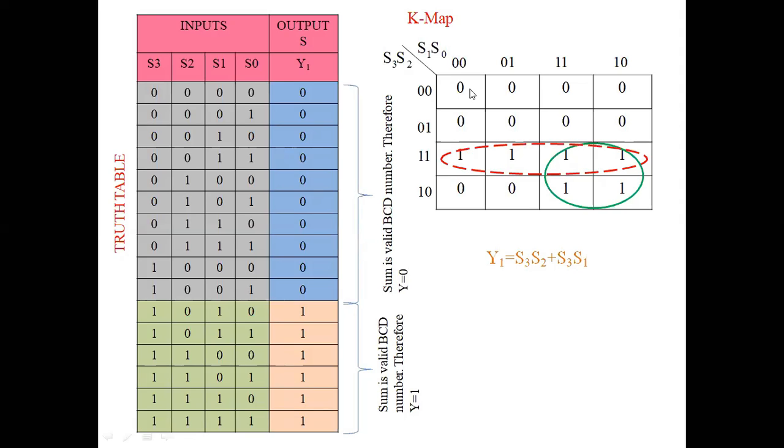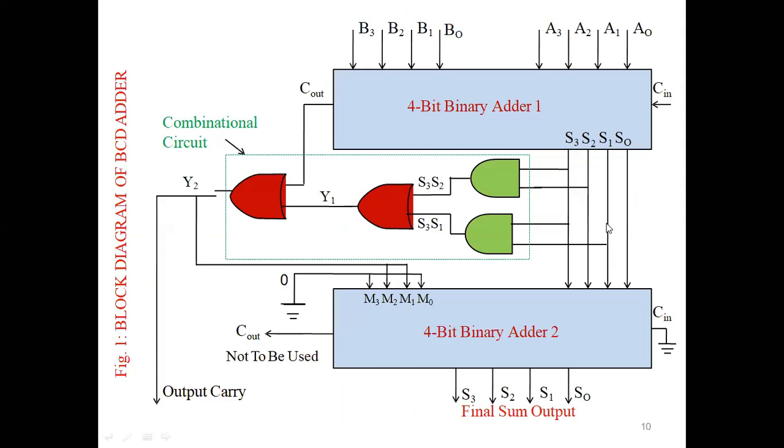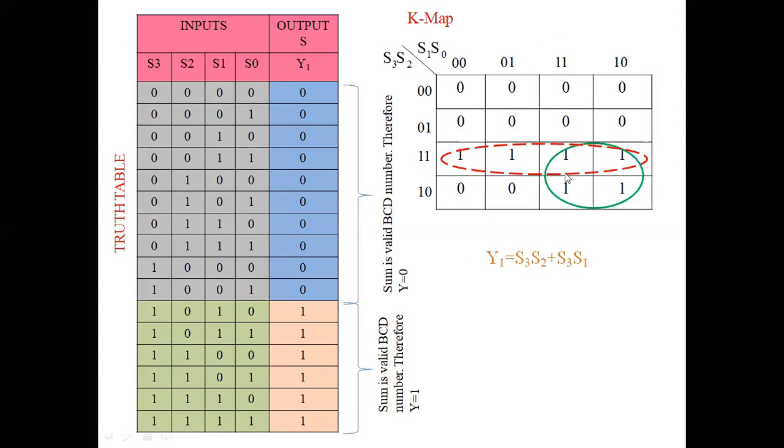So truth table. So here what are the values? S3, S2, S1, S0 are inputs. ఎక్కడెక్కడ వన్స్ ఉన్నాయో అవిటి మాత్రమే కన్సిడర్ చేయండి, that is from 9 to 15. 9 to 15 వాల్యూస్ మీరు ఏం చేయాలి? వన్స్ గా ట్రీట్ చేయాలి. వాటిని మీరు మ్యాపింగ్ పర్ఫామ్ చేయాలి. We have to perform the mapping.